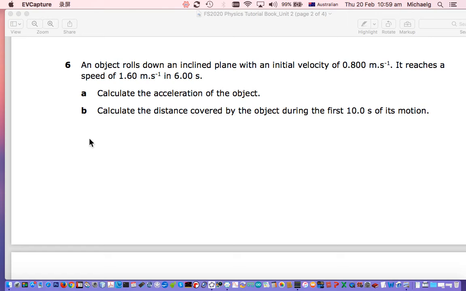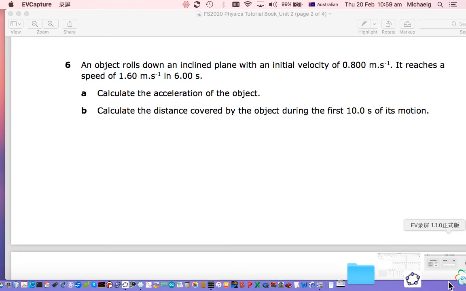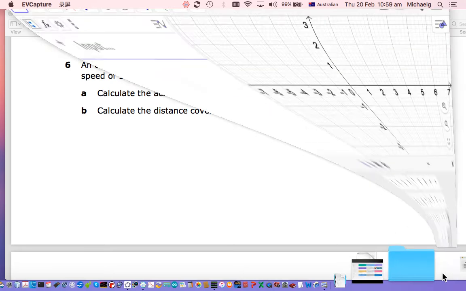Okay, so what we're going to do is assume constant acceleration. Notice how it's quoted both the initial velocity and the final velocity to 3 significant figures, and the time to 3 significant figures. So we're going to be giving our answers to 3 significant figures. Okay, so I'm going to call up GeoGebra,